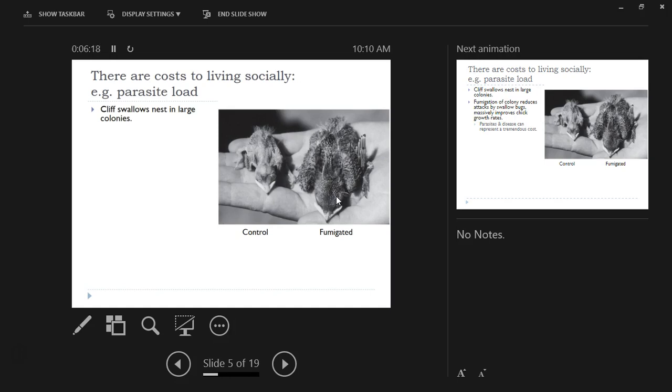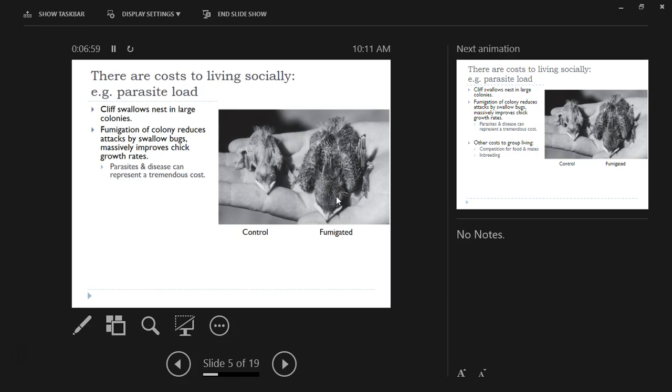We've talked about them a little bit in terms of the recognition systems that the chicks have, that the parents use to detect them. But one of the problems that cliff swallows encounter is that because they live in these large colonies, they get infested with mites. They're called swallow bugs. They're kind of like a bed bug. These things basically creep up to the chicks that are helpless sitting in their nest, and they bite them and suck their blood. Usually we tend to think of mosquitoes and bed bugs as just really annoying and gross, but not directly impairing your growth. But it actually can result in a really large cost to these individuals.